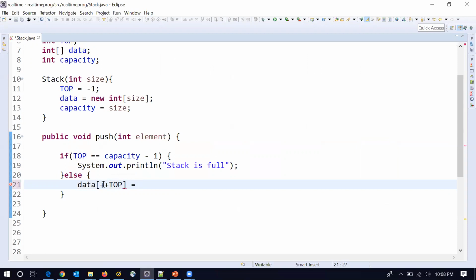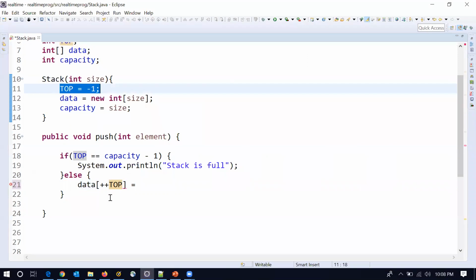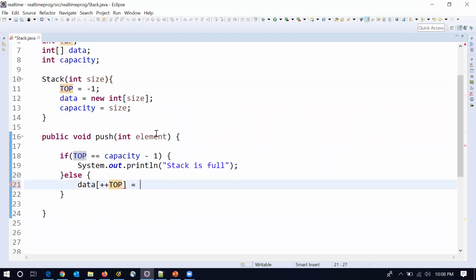So now data of plus plus top. Initially the index will be minus 1. Now we are making the index 0. First increment the index to 0, then add the element. What's the element? The element which we are going to provide. So in this way we always increment the top position first, and then store the value.